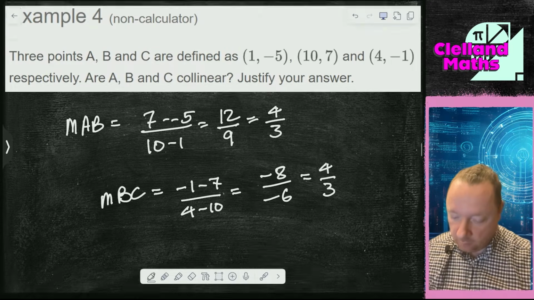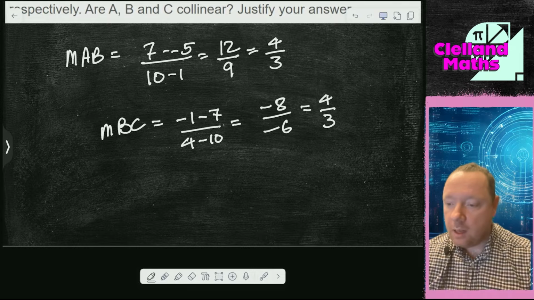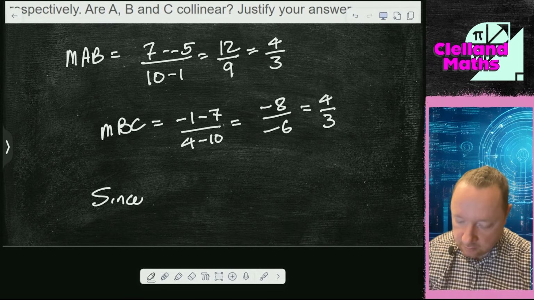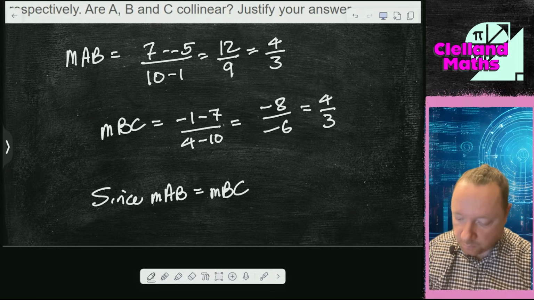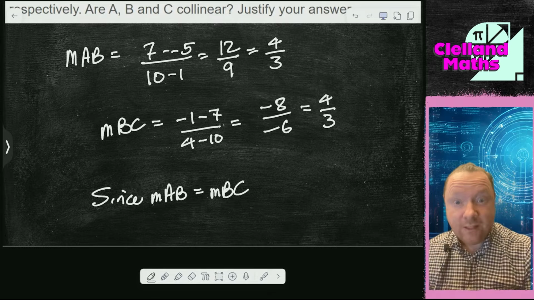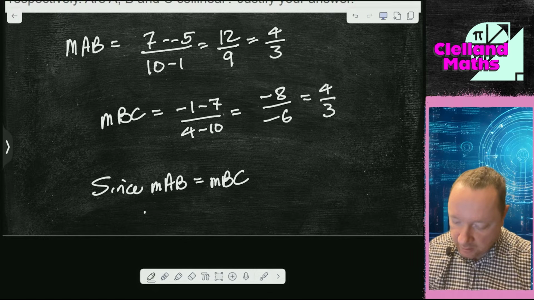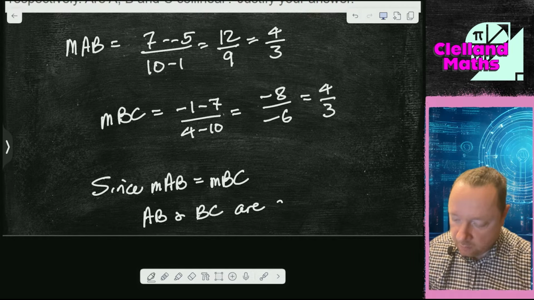So what can we say then? Well, this is where we need to be careful. We can't just say the gradient of AB equals the gradient of BC. What we actually know is that the two lines are parallel, and that's what we need to say. So that means that AB and BC are parallel,